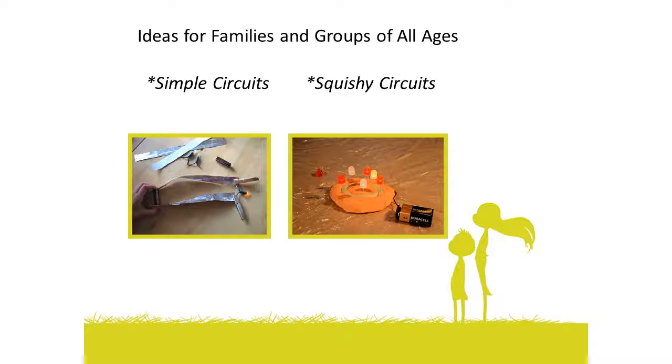If you're looking to bring more science to your programming, check inside your iRead manual for directions to make simple circuits. Or, if you want to crank things up a notch, use what you've learned about simple circuits to make electric origami. If you've heard of squishy circuits, but maybe have been a little timid to give them a try,